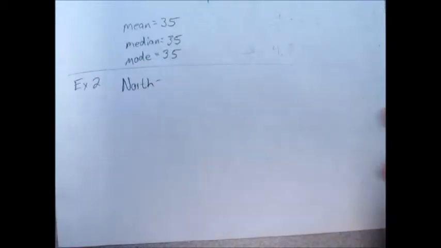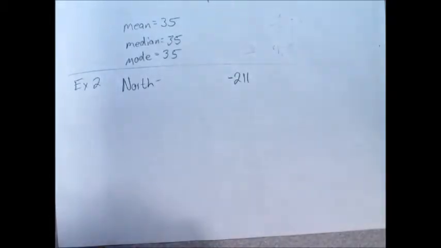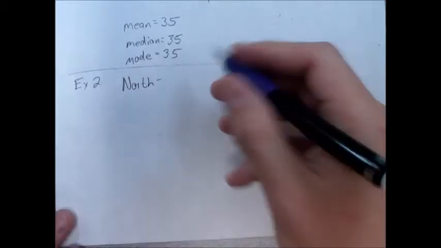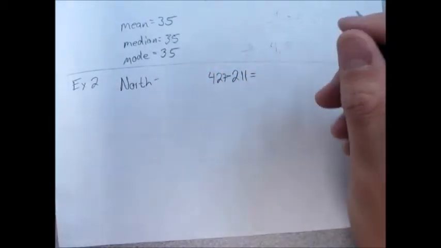211. Did anybody find something smaller? Okay, now go through there and find the biggest number. Levi, what is it? The biggest number? 425. Did somebody find one bigger? 427. I did too. Any other numbers? Okay, so I'm going to take the biggest one and I'm going to subtract the smallest one from it. When I do that, I get